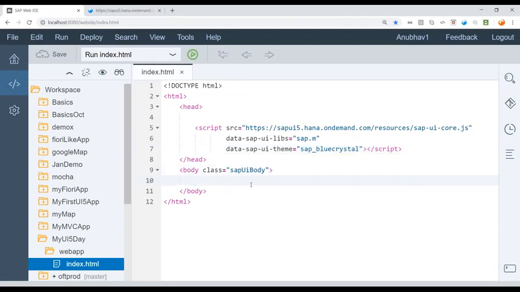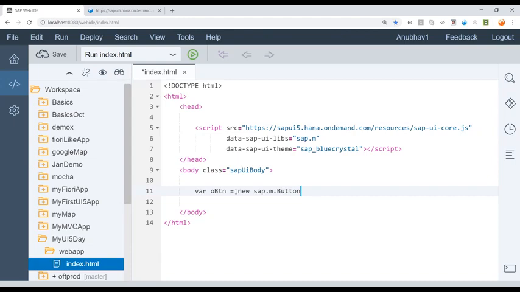And now we're gonna write our first application. So remember the syntax which I told you in the demo. Var, create a variable. Everything is an object. You've got to create a button object. Let's say oBtn equals new keyword sap.m library. It has a button class. Let's put a button. And now inside this button we're gonna put the id of the button, id btn,